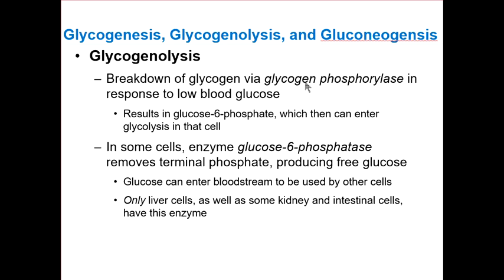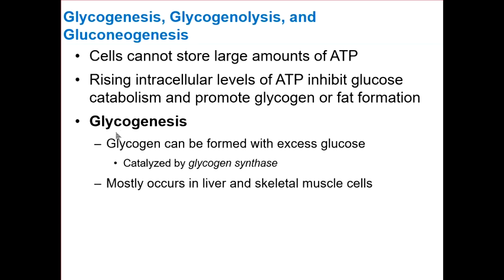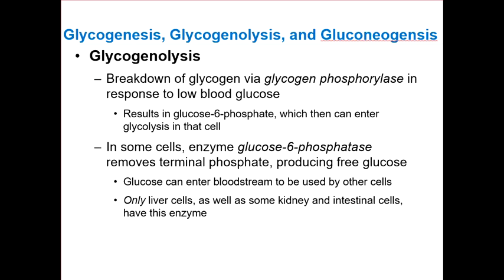And by the way, there is an enzyme, I'll go back, that I missed. In glycogenesis, the enzyme is glycogen synthase when we're making glycogen, but when we're breaking down glycogen, the enzyme is glycogen phosphorylase. So that results in glucose 6-phosphate, which can enter